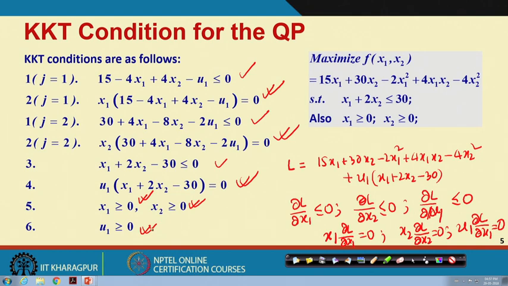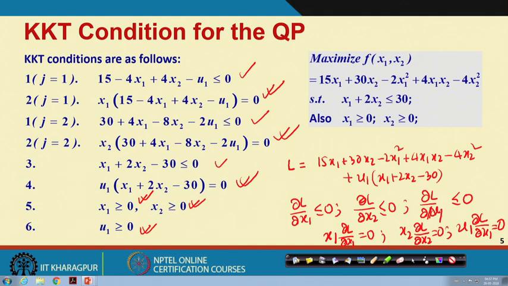So this gives you a quick method of how to find the KKT conditions for all such problems. Basically, you combine the equivalent of the Lagrangian function, take partial differentiation, and those partial derivatives should be less than or equal to 0. Additionally, the corresponding variable times that derivative should be 0. So these are the 6 conditions apart from the non-negativity criteria. So we get the KKT conditions.